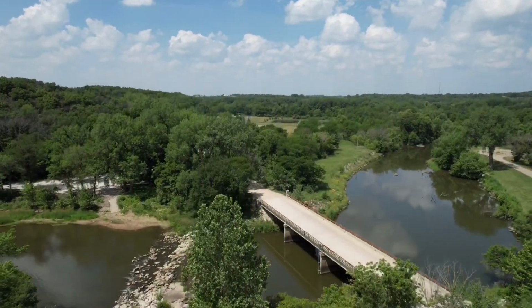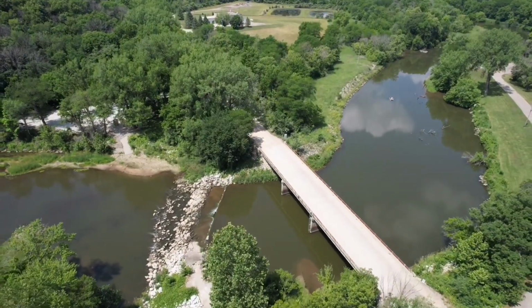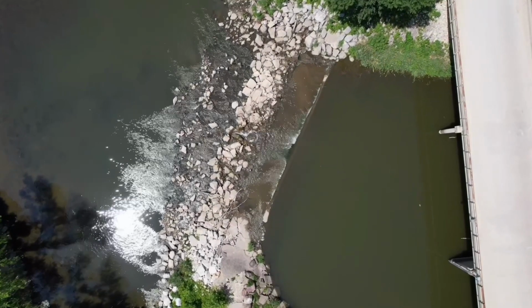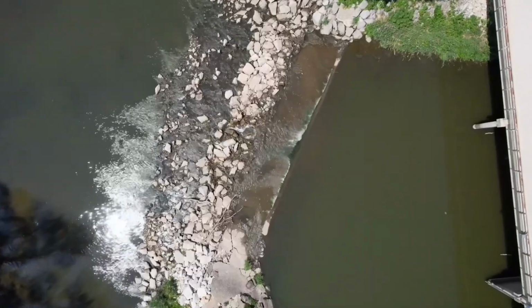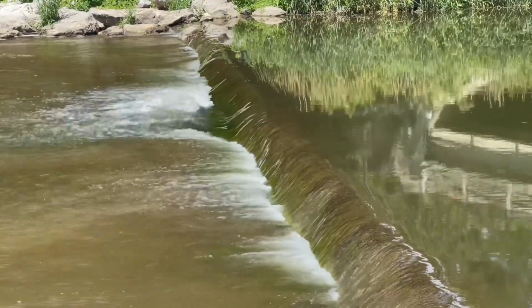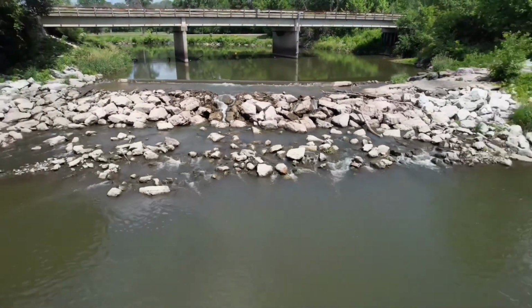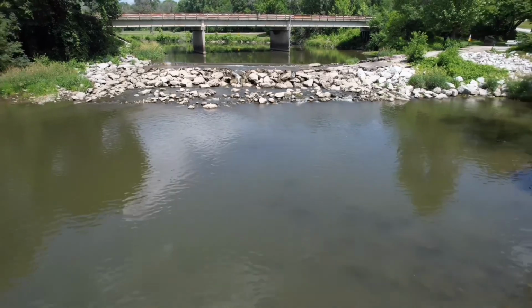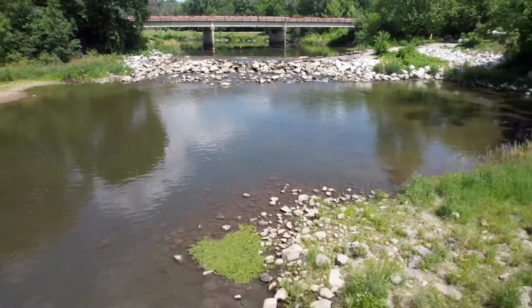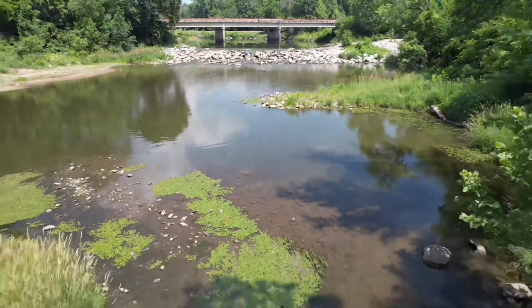Still actively milling flour alongside the Middle Raccoon River until 1940, the old Lenon Mill stood proudly while many other mills in Iowa slowly faded away. During the New Deal era, after the park's initial entry into the state park system, the large Civilian Conservation Corps camp stationed at nearby Springbrook State Park provided labor to construct a concrete lowhead dam at the Lenon Mill site. Improving upon and replacing the original mill dam, the CCC work helped to provide for improved river control at the